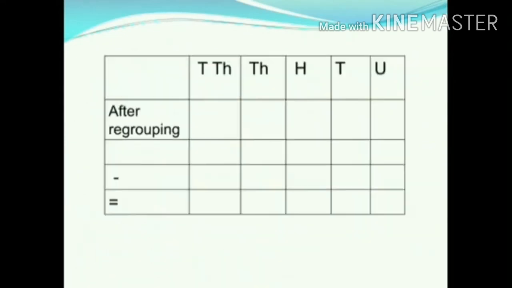Children, now we will subtract 30,528 from 50,000. First write the digits in the vertical column according to the place value of each digit. First we will subtract the digits in the units place. In the units place we have 0 and 8. 0 is less than 8. 8 cannot be subtracted from 0. So we will borrow from tens place. But tens place has 0 in it. So we will borrow from 100 place.